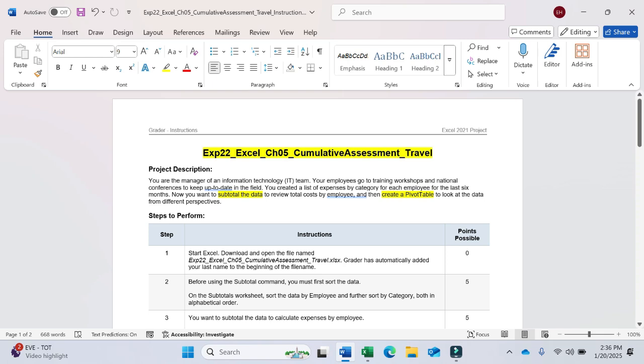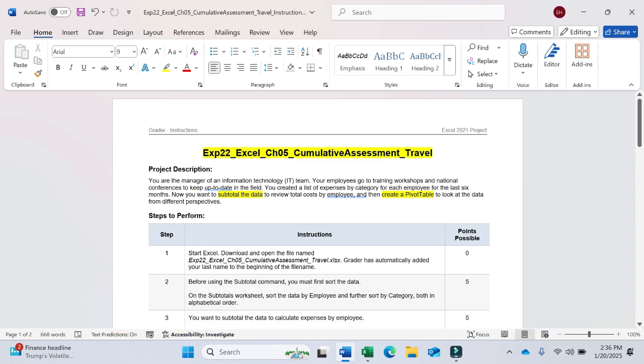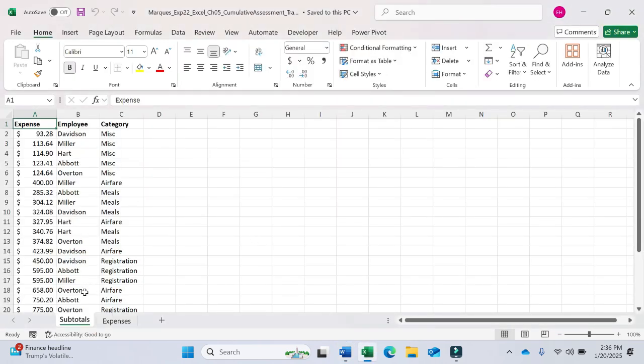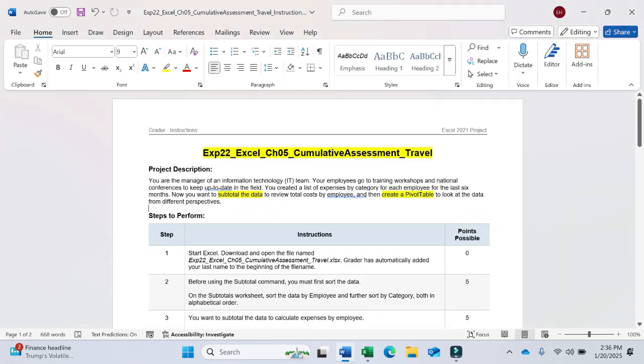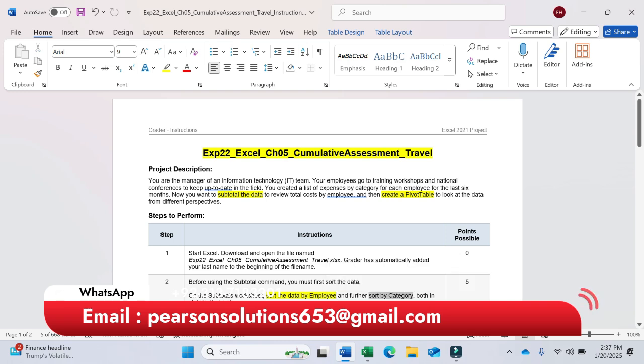So step number 2 is, before using the subtotal command, you must first sort the data. We need to sort the data before using the subtotal command. It is saying on the subtotal worksheet, this is the subtotal worksheet. Be careful about that. We need to be on the subtotal worksheet. Sort the data by employees and further sort it by category,